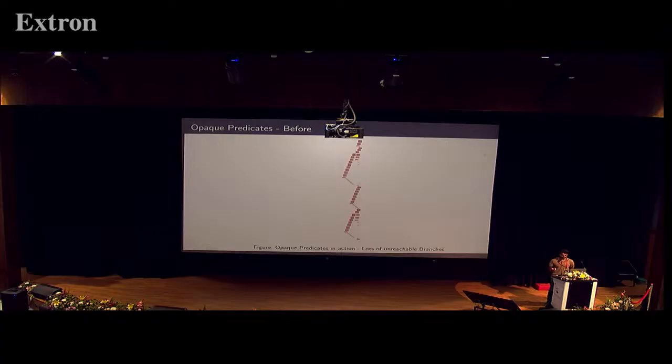Let's talk about opaque predicates. What are opaque predicates? Opaque predicates are conditions which seem to be conditions, but when you actually look into them, they're either always true or always false. So it's either like if 1, while 1, or while 0. But when you do static analysis, it seems to be a complicated condition. A simple example would be if x squared greater than 0. We know if x is an integer, it's always going to be positive. So that seems like a condition. So you get 2 branches, but one of them is always unreachable. So in static analysis, the control flow graph looks really long and weird. But upon symbolic execution, we can just resolve and prove that most of those conditions are either 1 or 0. I'd be happy to discuss the exact algorithm for symbolic execution in the Q&A session.